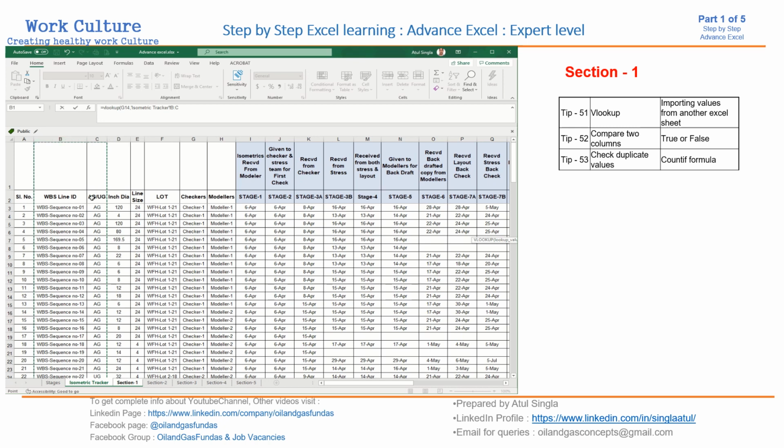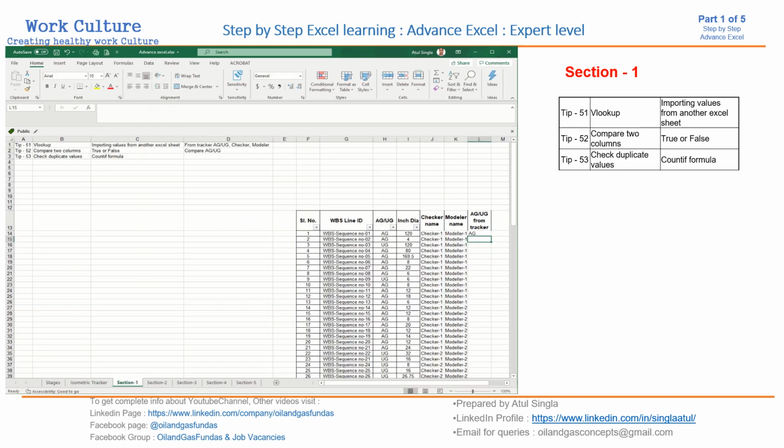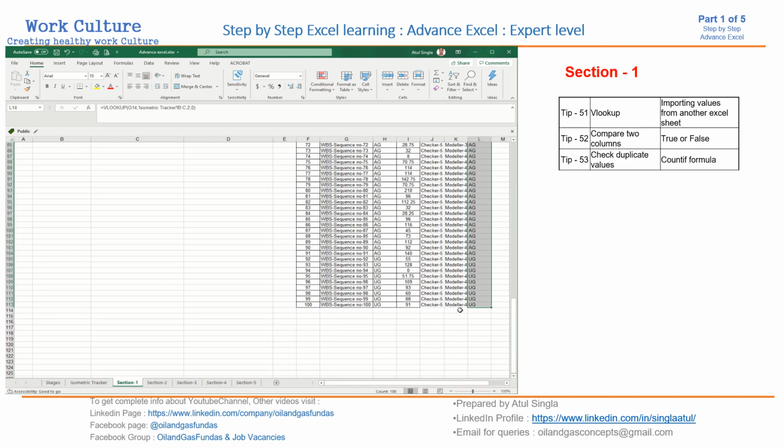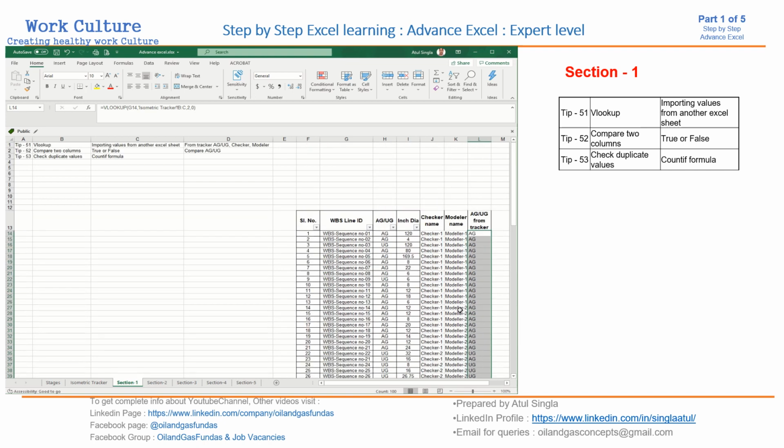It is here only, so 12, comma 2, 0. So if you see, we have filled this way. All the AGUG figures are here now. So this way we can use the VLOOKUP command, right? We can VLOOKUP this thing somewhere, and we can bring the corresponding details into the same Excel sheet.